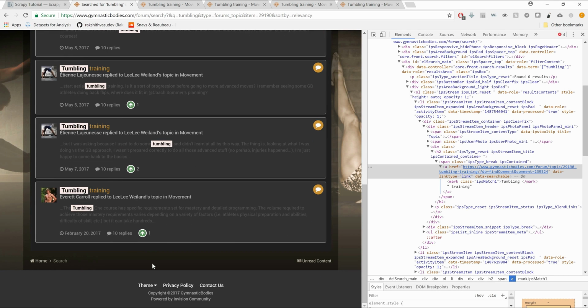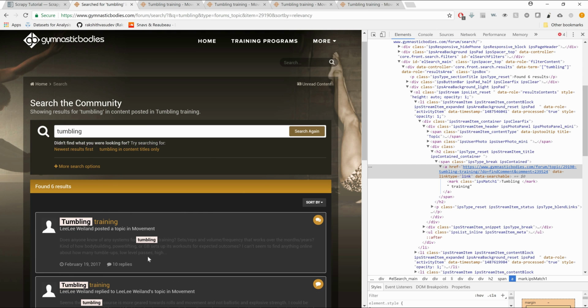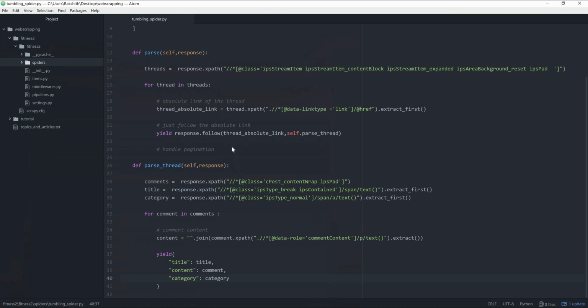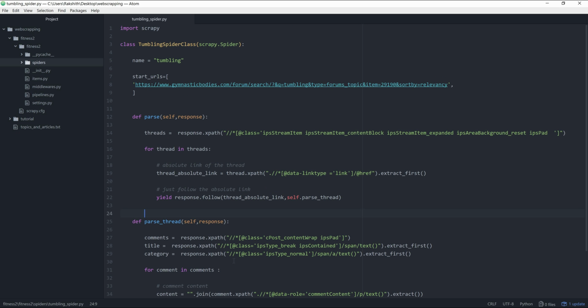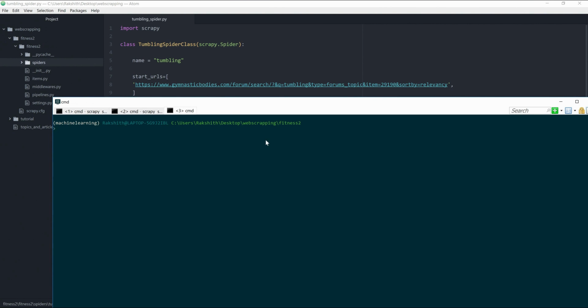So yeah, I mean that should be it. And I think, you know what, I'm not even going to handle pagination here. Yep, so that is our spider, and let's just have our spider do its job by going here in fitness 2